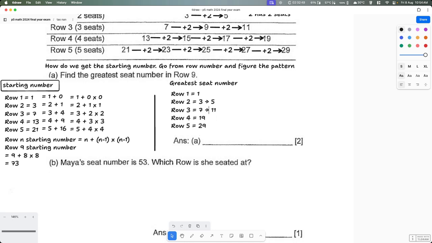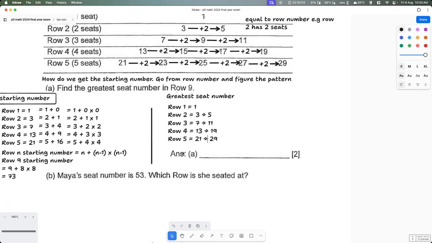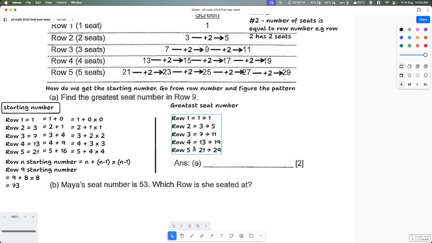Okay, like this, 7 is to 11. And then this one is 13 is to 19. Then row 5 is 21 is to 29 in this case over here. Okay, so greatest seat number, right? So in this case, 1 is to 1. That's what I see over here. Okay, so now from here,